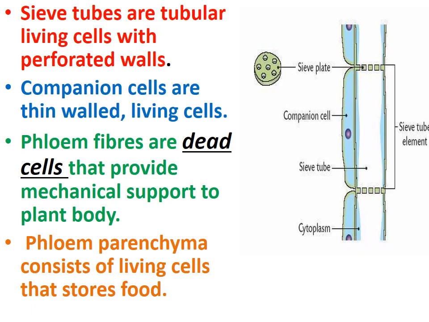And in case of xylem, what was the difference? It was xylem parenchyma which was the living cell. Otherwise all were dead. So you can write down these two points by making a star in your notebooks. You can highlight it because it is a very important point that usually comes in one mark. So are you clear about the xylem and phloem? And there are four types of each.